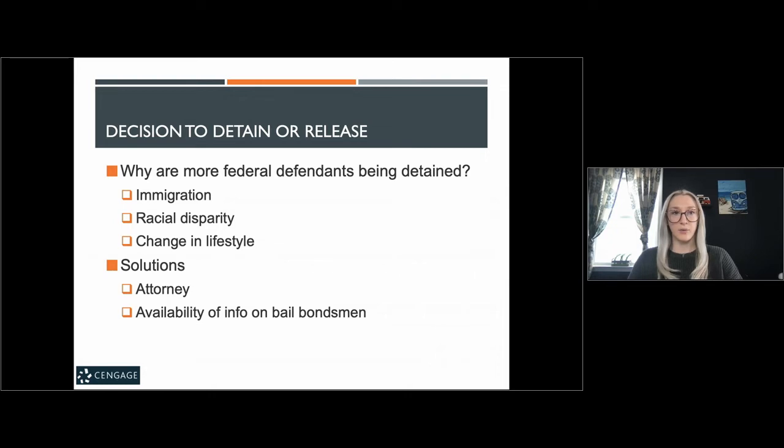And then providing availability of information on bail options and bail bondsmen. Defendants don't have access to their phones while they're detained, so they may not have family phone numbers. They may not have memorized any phone numbers to call. And even if they call that family member, they may still not know how to go about obtaining a bail bondsman. So the argument is made that one solution to this problem is that we could provide information to defendants in prison on the different bail options, as well as phone numbers to contact bail bondsmen, give them their fees, as well as the methods of payment that they would be willing to collect.